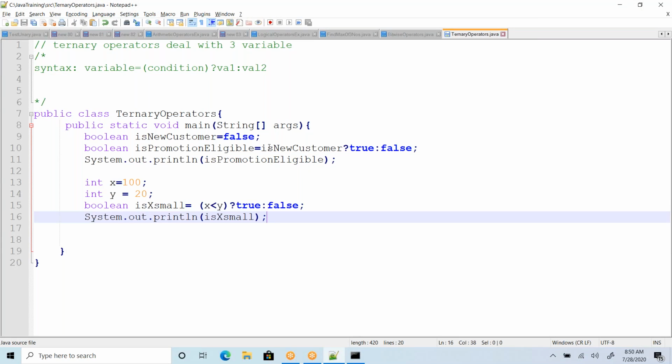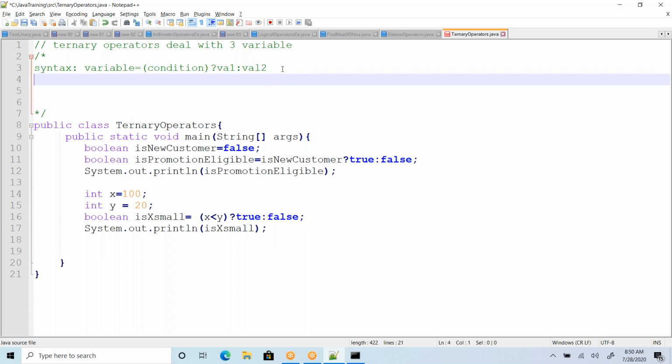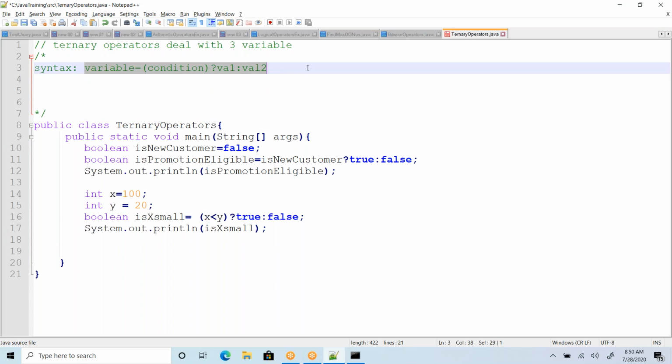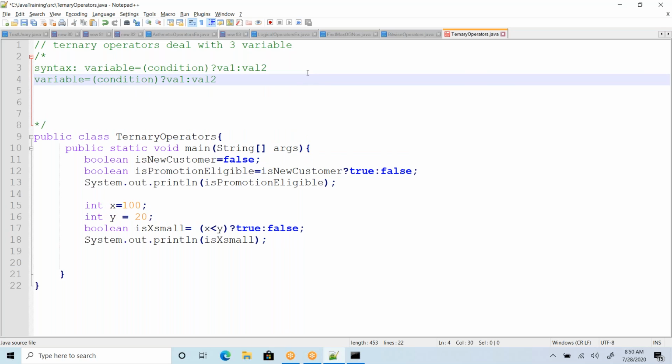That's how you can use these ternary operators. You can extend this for any number of levels also. Again, to initialize value 2, you can write another conditional operator.